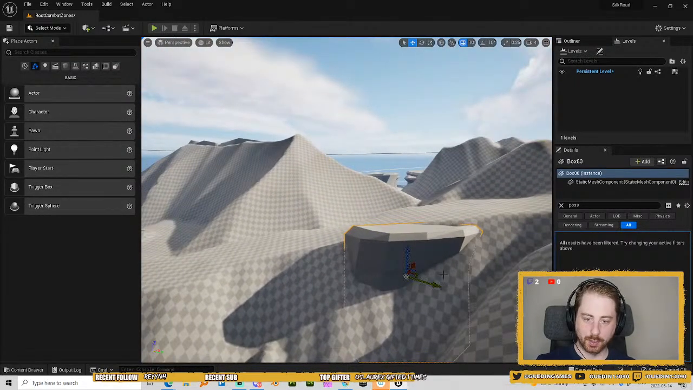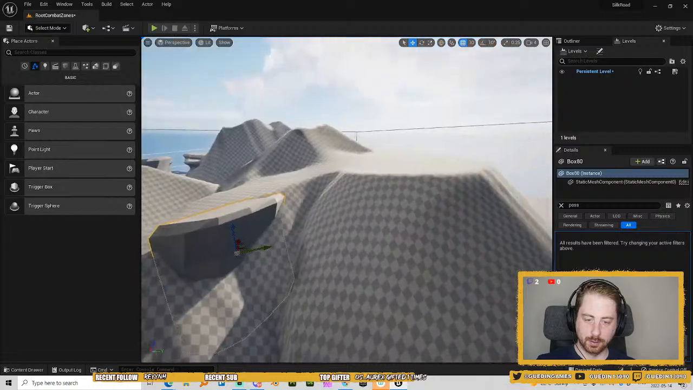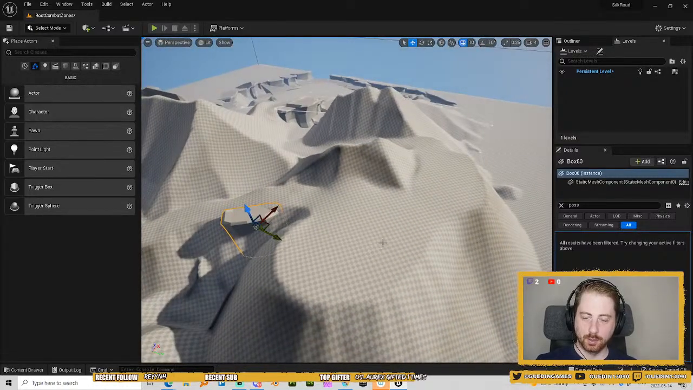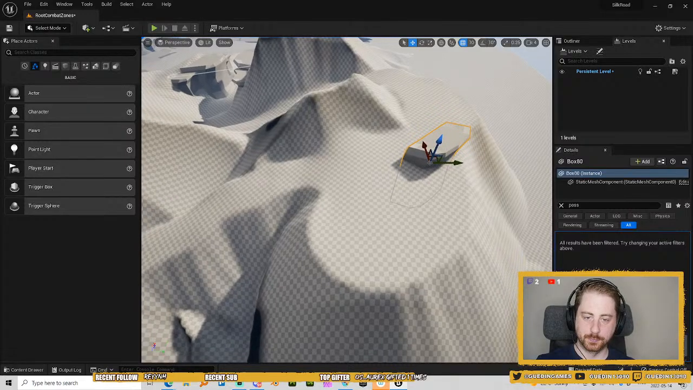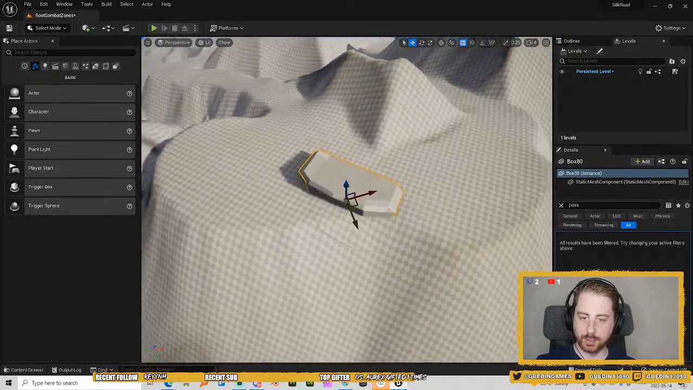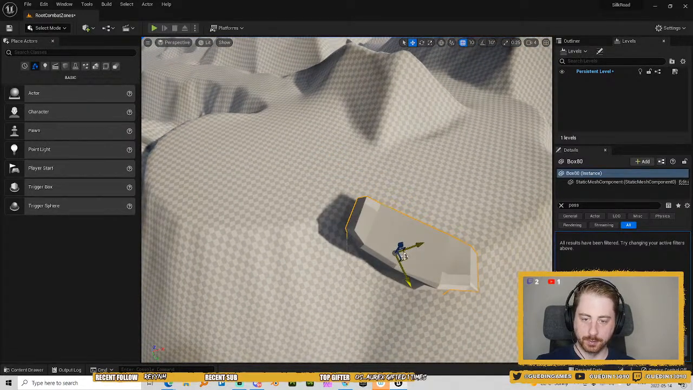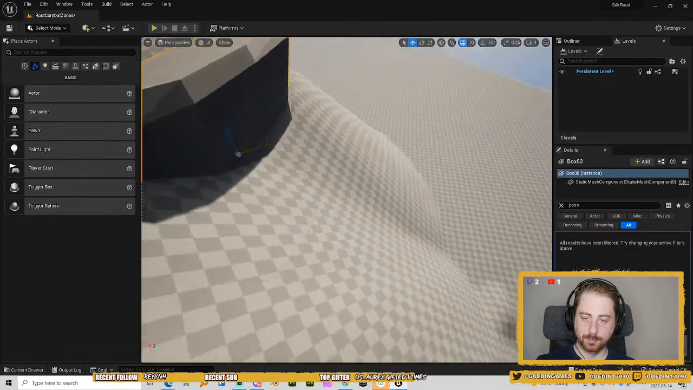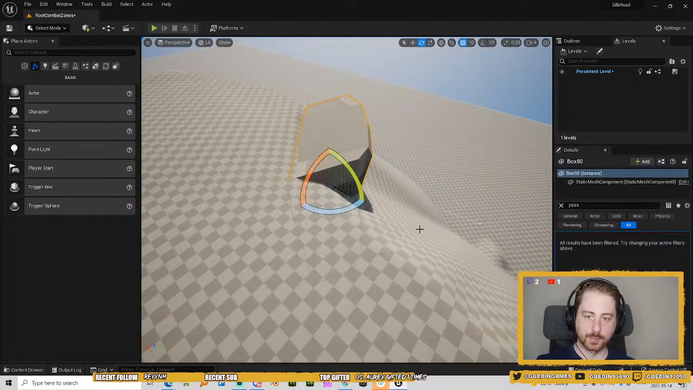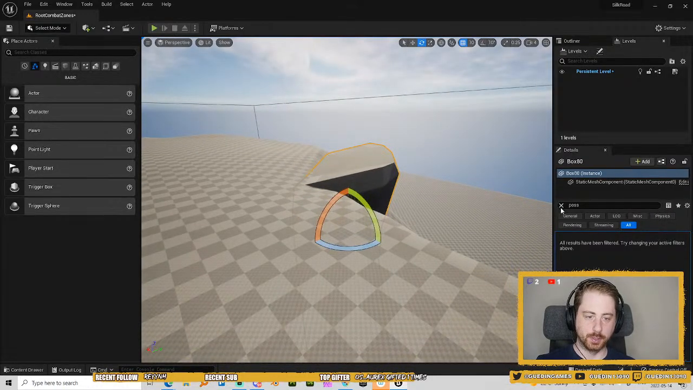So what if we are adding some stuff here? Wait, first of all, I want to add them here. We're gonna start to dress a little bit this cliff side here. Wait, something is wrong with the